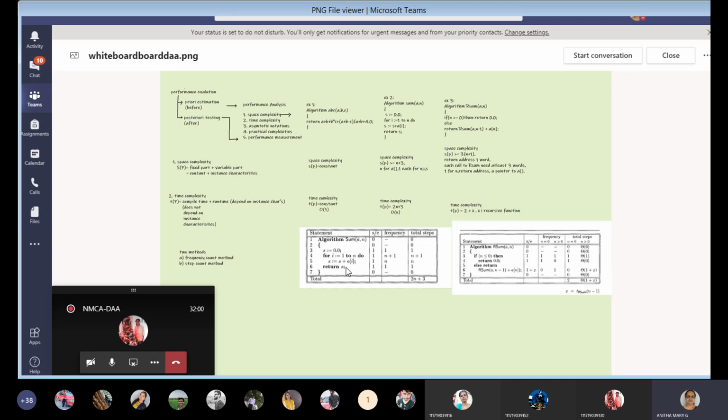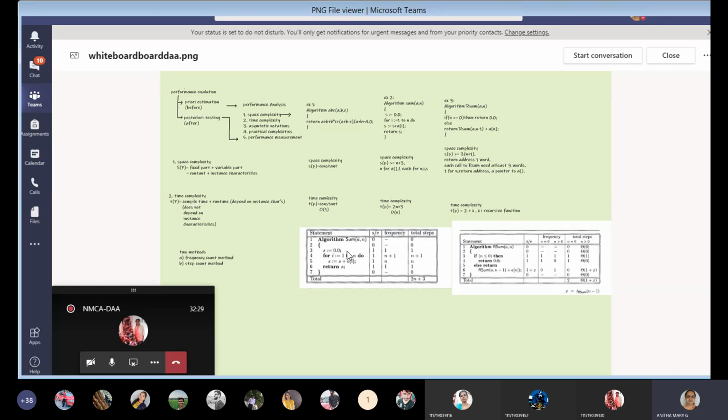And also this return statement, how many times will it return? This return statement is not within the for loop, it is outside the for loop. So it returns only once, once you get the final S value, once that loop is closed. We didn't use any curly braces here, but for the for loop, it is only one statement. Return is outside the for loop, so it executes only once. So that is the frequency.